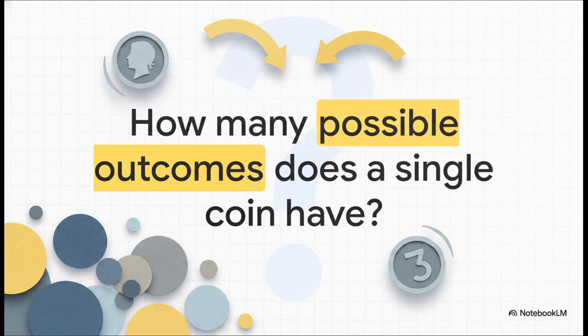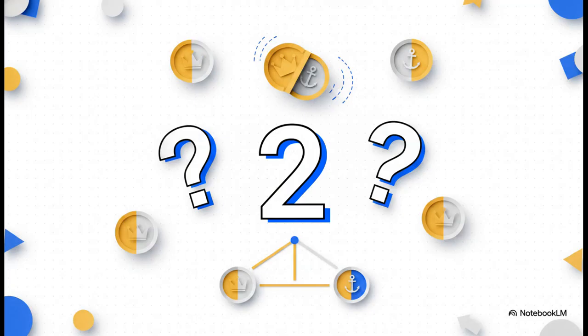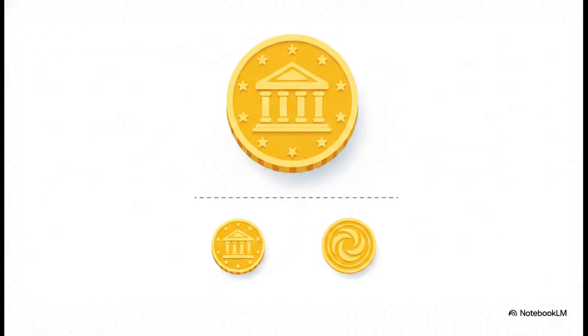Let's practice with our coin. I want you to picture a normal coin in your hand right now. If we toss it, how many total possible outcomes does that single coin actually have? I'll give you a second. Just think about the faces of a coin. How many sides are there? Yep, you guessed it. The answer is 2. A coin only has 2 sides, so whenever we're talking about tossing a single coin, our total number of possible outcomes will always be exactly 2. That becomes the bottom number in our probability formula. And those 2 sides are, of course, a head and a tail.